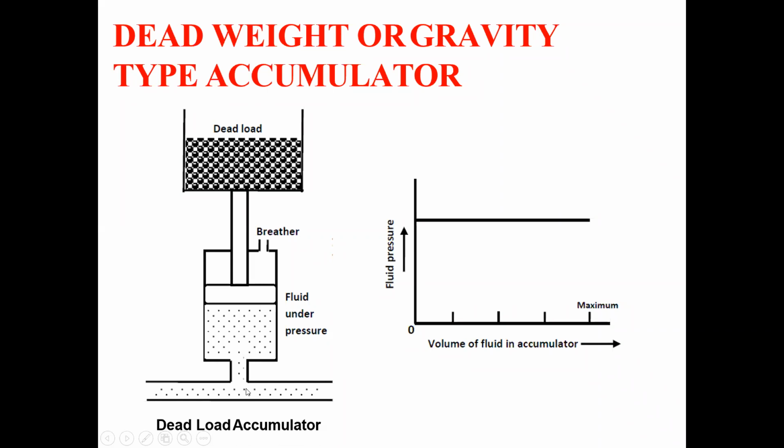And when this pump is not sufficient to produce the high pressure oil, at this time the oil from this accumulator starts to move downward, and this accumulator produces high pressure oil to this pipeline, which also works as a